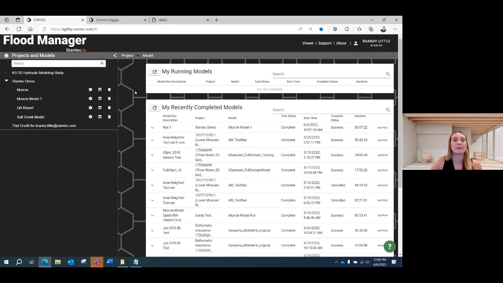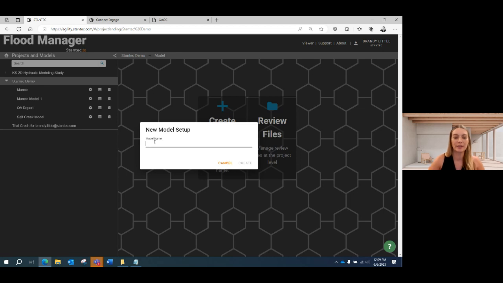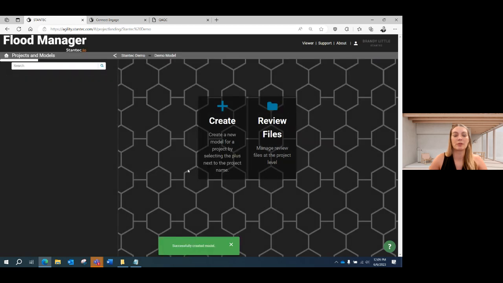And so this is the Flood Manager UI. When you come in to the user interface, it is organized by project. All users are assigned to a project and models can be created within that project. Only the users assigned to the project have access to see those models and work on those models. So it has base user permissions built in. When you come in, you're able to select the project and select to create a model. I'm going to step through setting up a model for you all today. So we're going to do demo model as our model name.